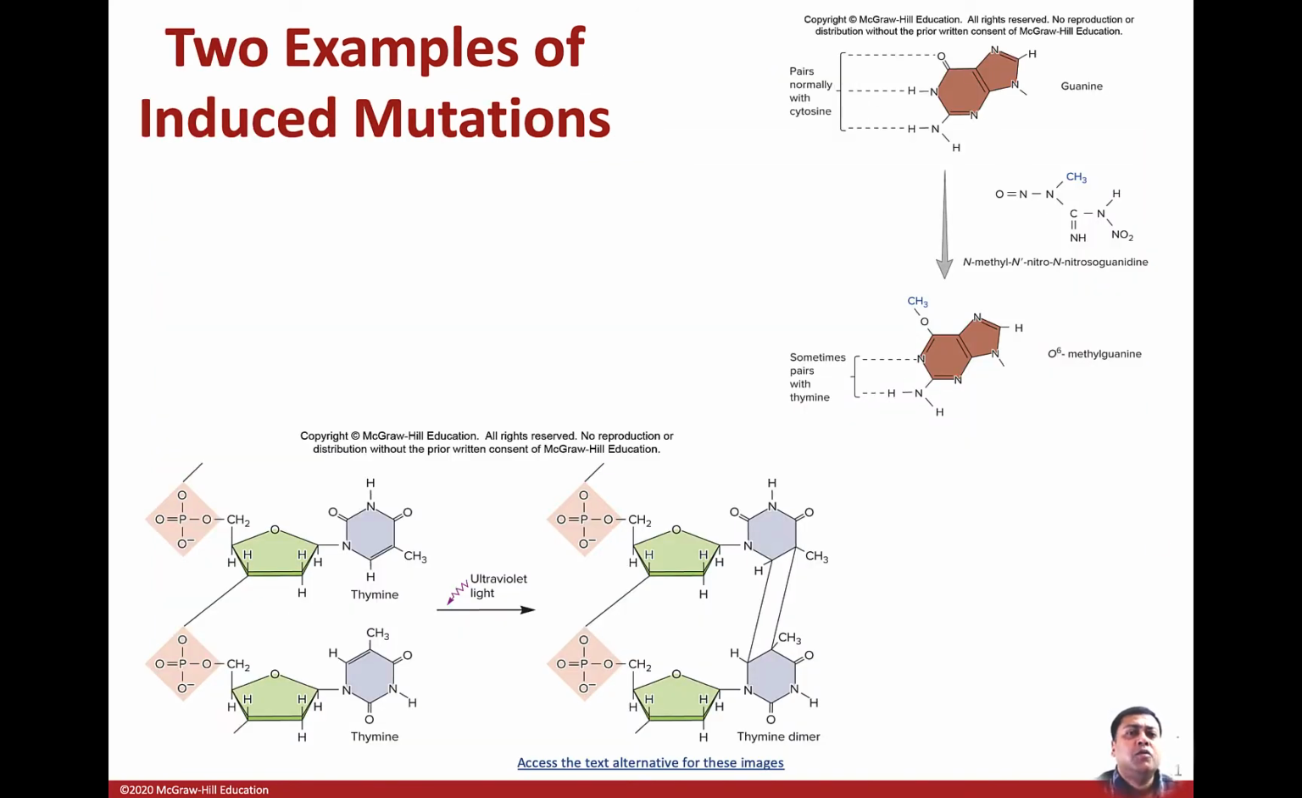So here are two examples of an induced mutation. Here is a compound called methyl nitrosoguanidine. In the presence of methyl nitrosoguanidine, a normal guanine is methylated at the O6 position. You see that right here is a keto group, and this pairs normally with cytosine. This is a G. Right here there is a methyl group, and this will pair with thymine. So you can see that just modifying this base can change base pairing, and that can